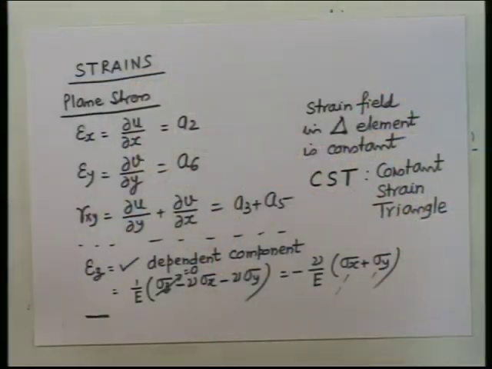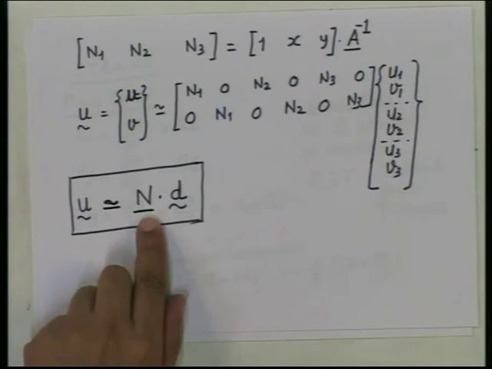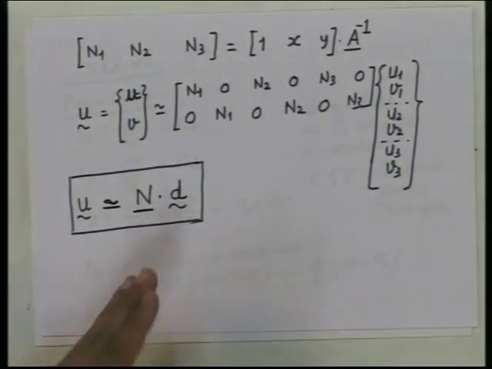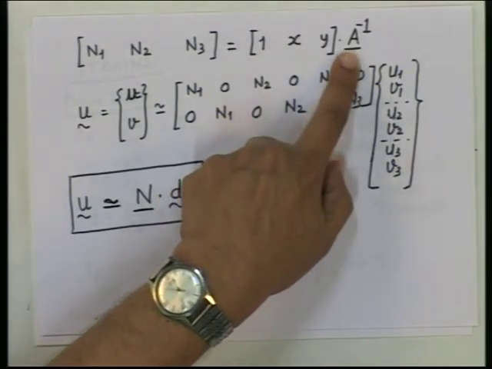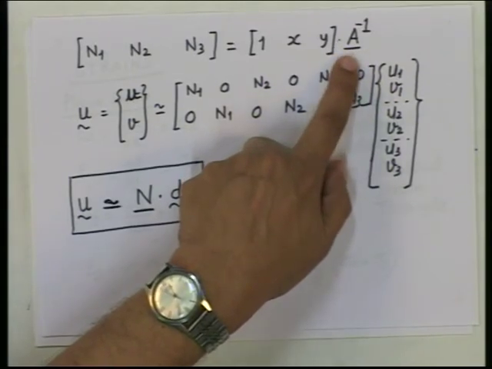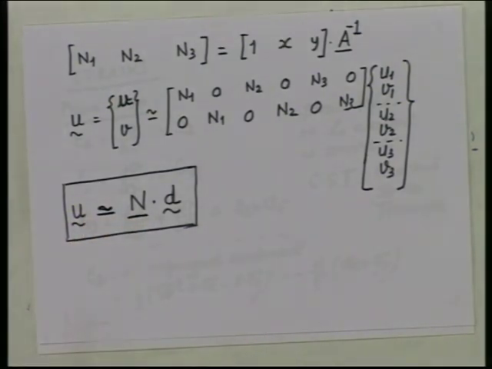Okay. Then, the CST element is extremely important, and what is most important is, because it becomes constant, you get many simplifications. Now, I do not want to show it constant by this formula, because I have to expand this N. I have already given you the N function like this. So, it is quite complex and a little difficult to explain, but still you will get constant. dU by dx will be constant, dV by dy will be constant, even from this, because after all this has been derived from the same basic relations.